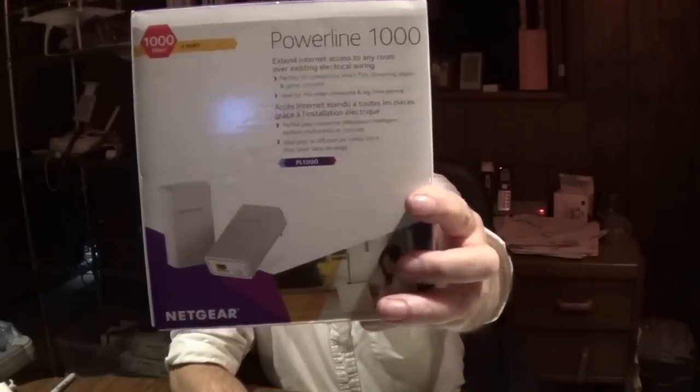So I went shopping for a solution, and what I came up with was this Netgear Powerline 1000 or PL1000 Ethernet connection. In this box there came two units that plug into your standard 120 volt electrical outlet, and then you plug an Ethernet cable from your router to the one that's by your router, and then from the piece of equipment in the remote location to the one that you put into a wall plug there, and it's supposed to complete an